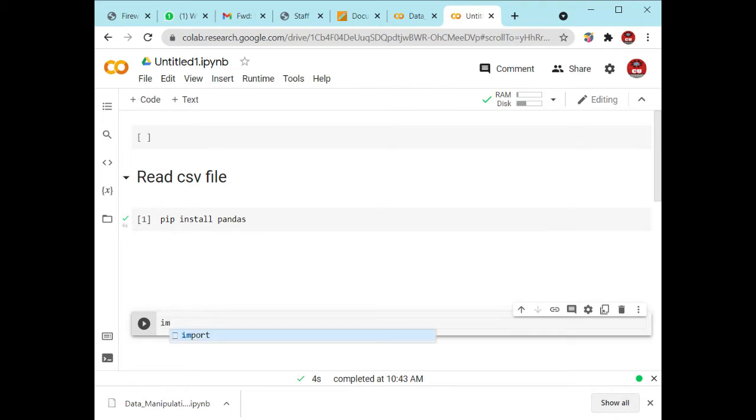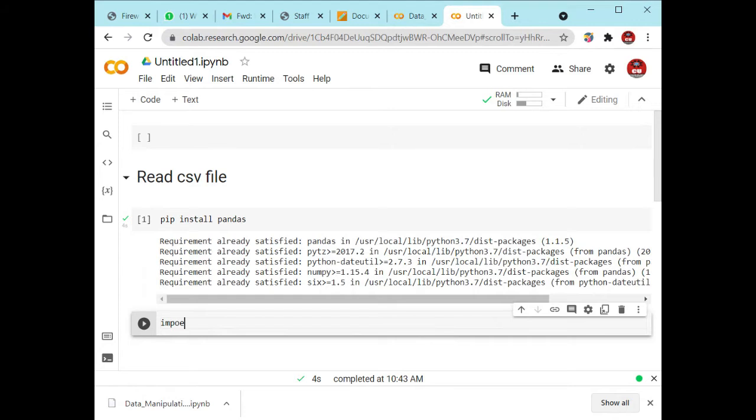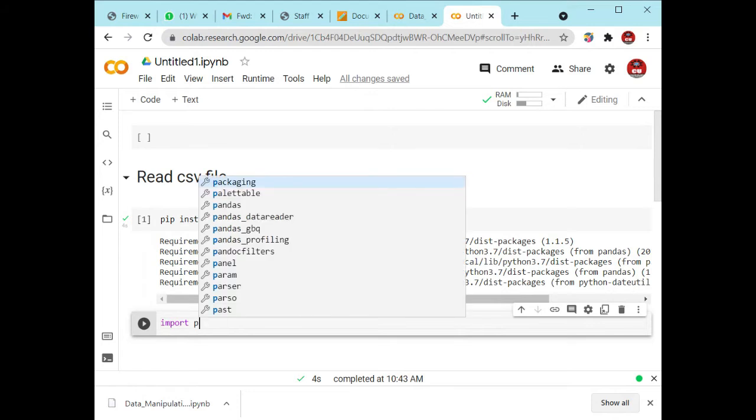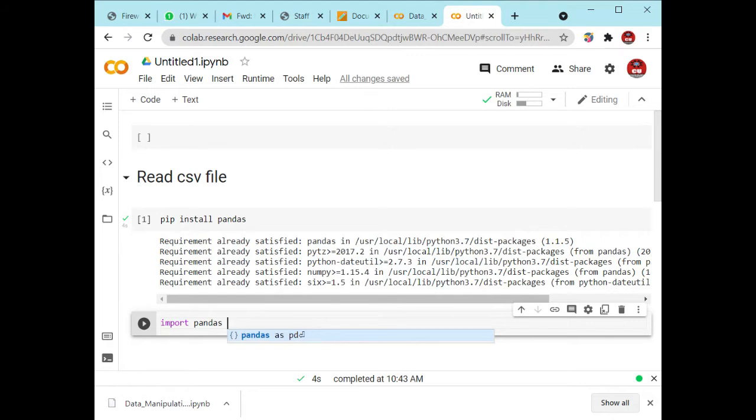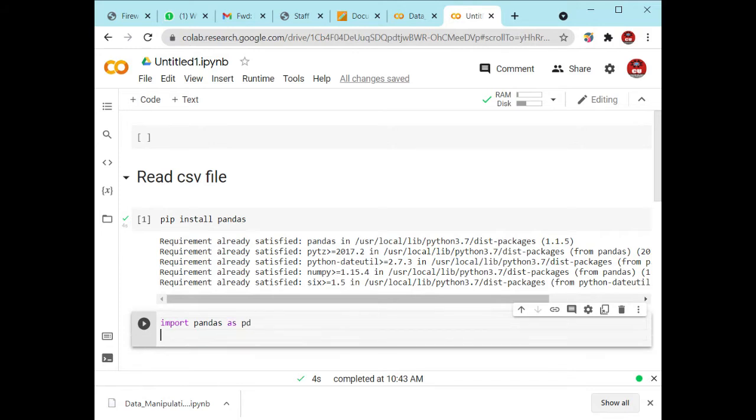For importing, you will use the import function, which will import the library. What is the library name? Pandas. And how do we use it? As pd. So: import pandas as pd. We will use this command to import pandas, which is installed in the system.